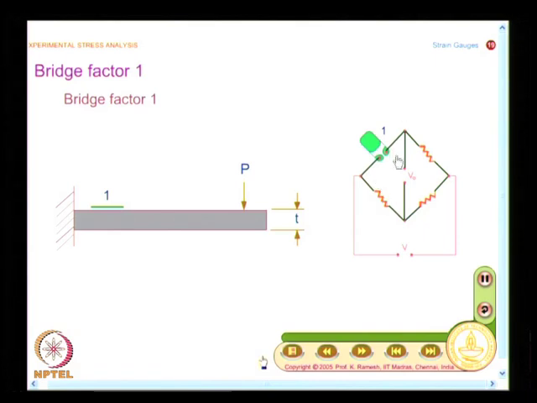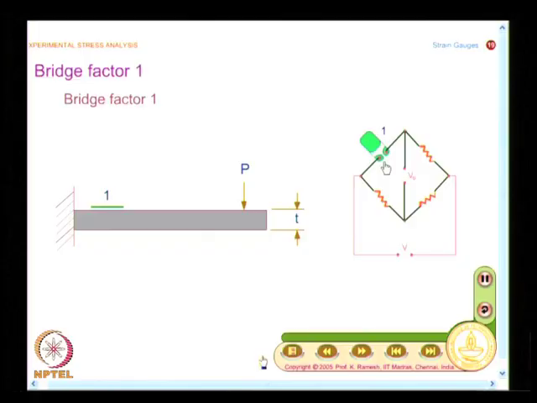And another caution is, connecting only one strain gauge poses a lot of difficulties. So, it is better to avoid a quarter bridge configuration from the point of minimizing the role of thermal influence. See, each aspect has to be looked at very closely and you find out how you can improve the sensitivity, and what are the kinds of errors that come. So, that understanding is very much needed. When I have only one strain gauge, what happens? The bridge factor is only 1,